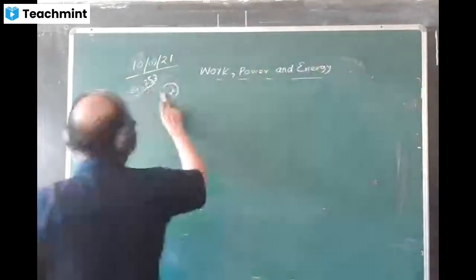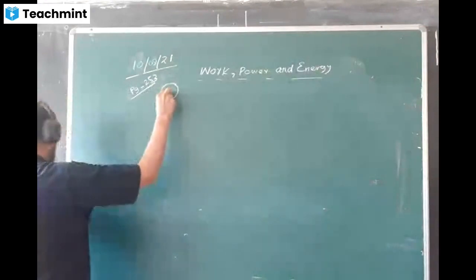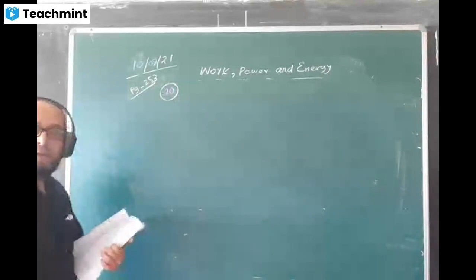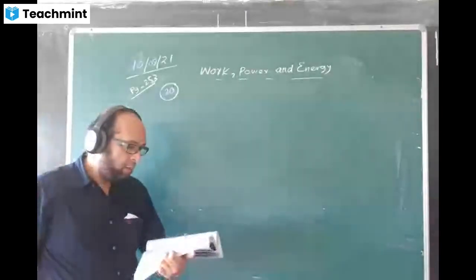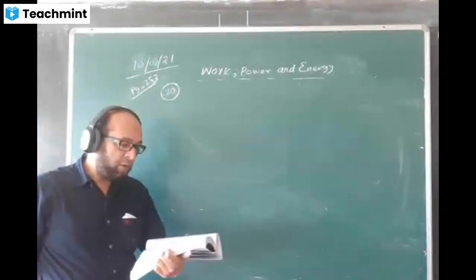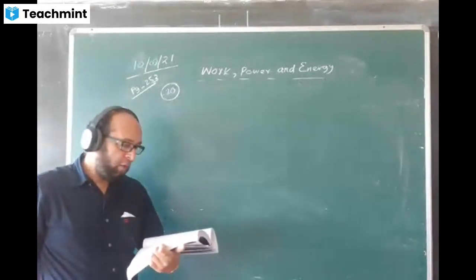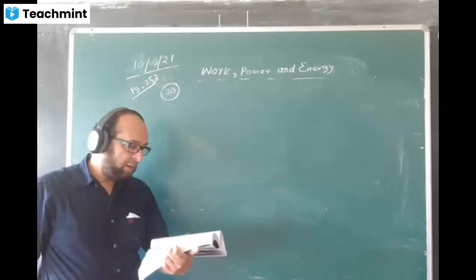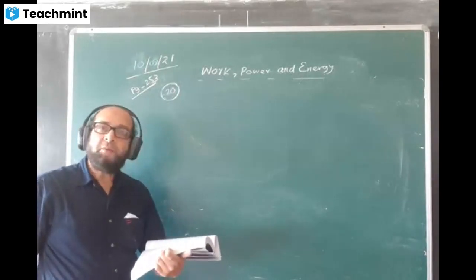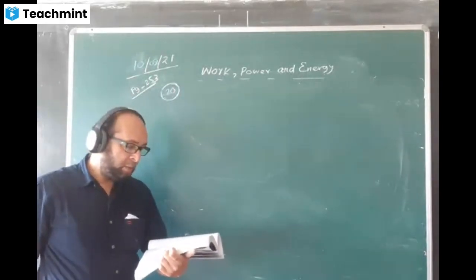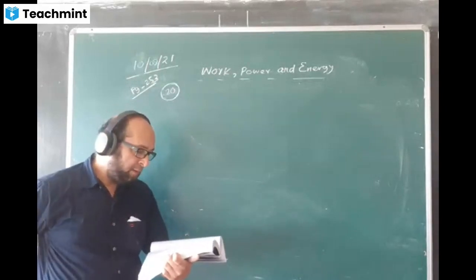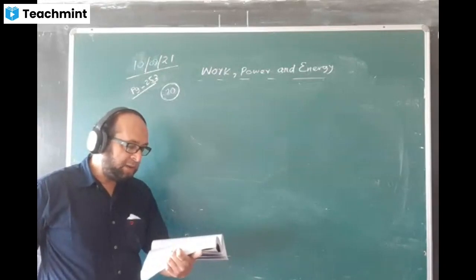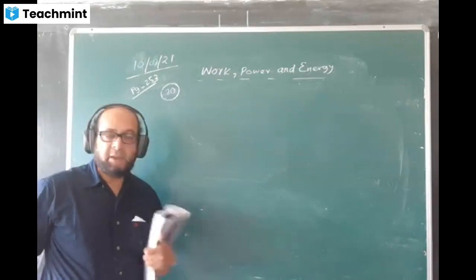Okay, number 20 I'm doing now. 20. Yeah, 20. Question says, a block starts sliding down from rest on an inclined plane, the top half of which is perfectly smooth and the lower half of which is rough. Find the coefficient of friction between the block and the lower half of the plane if the body is brought to rest as it just reaches the bottom. The angle of the plane is 30 degrees.